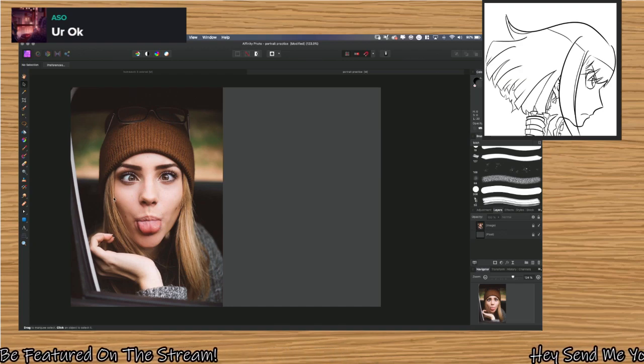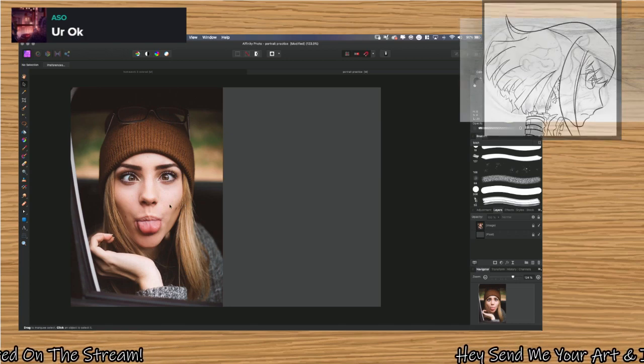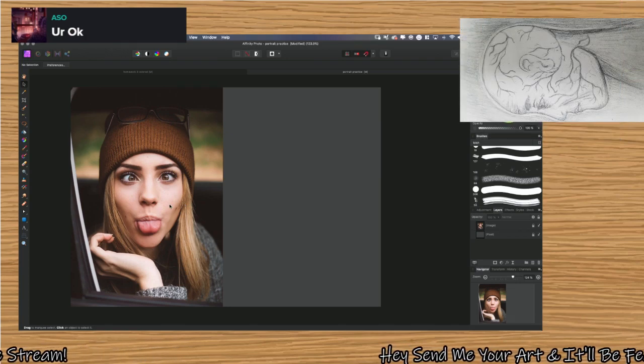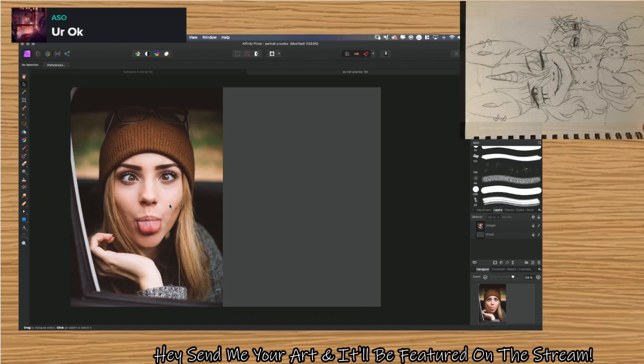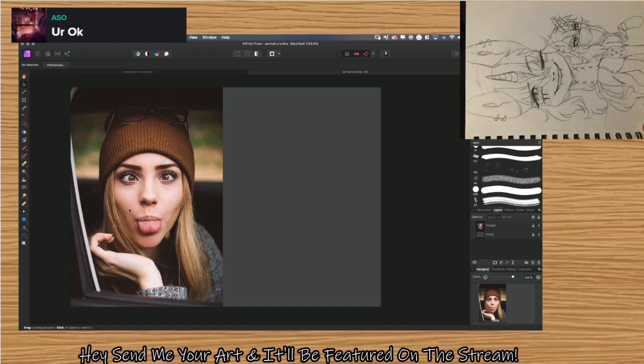I also want to do facial structure, the different expressions, how they change the muscles in the face, and just learning how to convey different expressions, because as you can see,